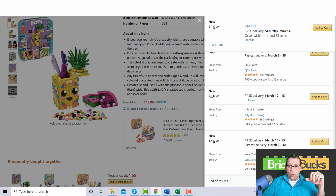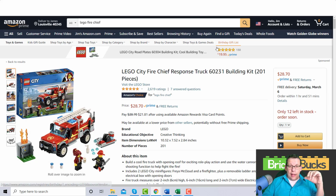And again, we're going to go over and look here. It looks like the highest is around $50, and that's fine. I actually believe that this set will do even more than $50, but that's okay. And again, this is a set that I own. Another set that I own, and I've talked about this set in the past, is one of my favorite sub themes, if you want to call it that: the City fire trucks, or anything that has to do with City fire. This is the Lego City Fire Chief Response Truck, set number 60231,